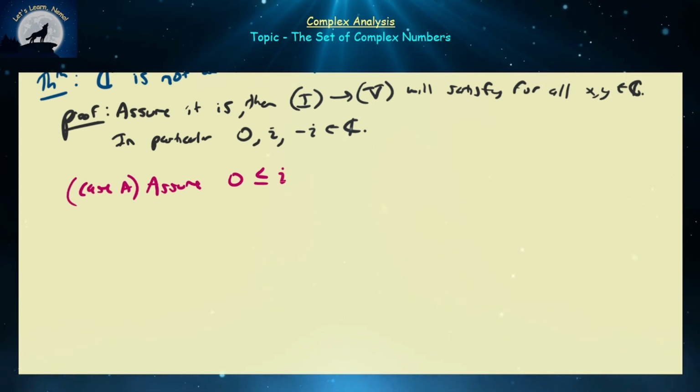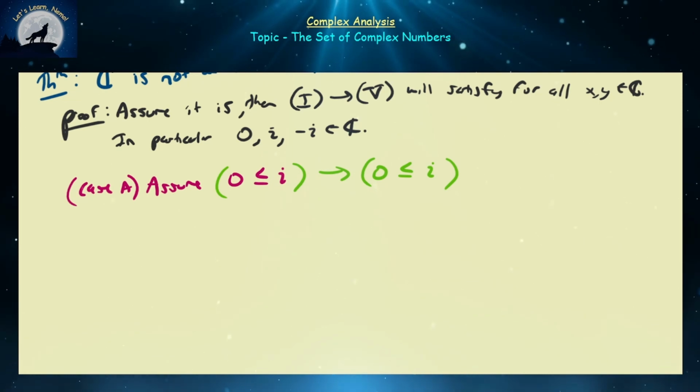That's going to be case B because one of these must be true, right? And obviously i is not equal to 0, so we don't have to consider that case. Okay? So if 0 is less than or equal to i, then from that we can also see that 0 is also less than or equal to i. Yes, I'm just repeating myself, but for good reason. So